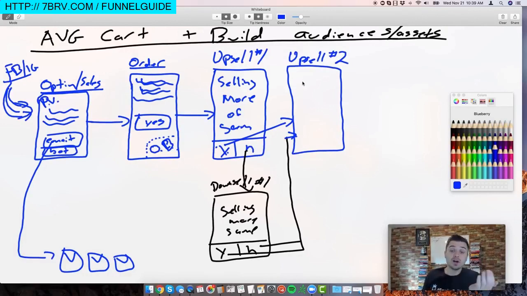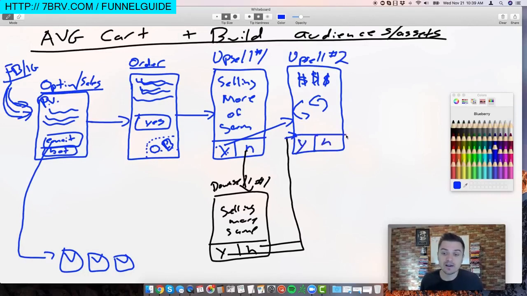Which can be a complimentary, more expensive product, right? It could be our continuity programs, okay? We're not going to go totally into continuity programs right now, but check out that Sales Funnel Masterclass down below. We have more time. I go over the continuity programs with you, but you could sell them more higher ticket stuff. And again, it's yes or no questions every single step of the way. And again, you can have downsells here if you want, right? And you can have as many upsells as you humanly possibly want until they finally reach their thank you page,